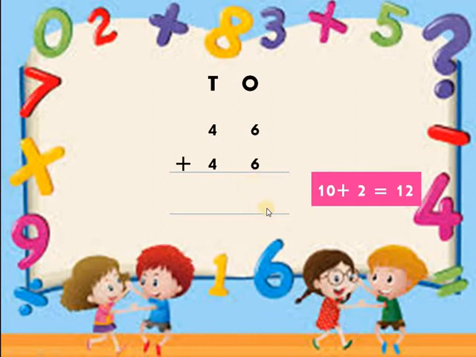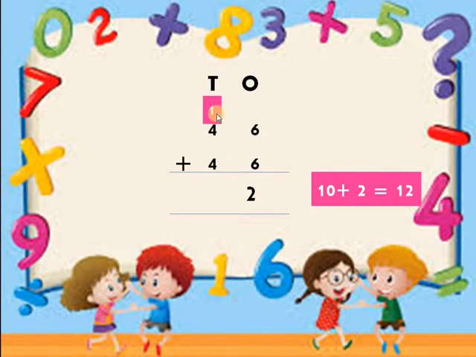Because we cannot write a double digit number here. It has to be a single digit, and this double digit we are going to carry over here because it's a 10 number. So we need to take it in tens place. So this 2 is to be written in ones place. So we have written this 2 of 12 in ones place, and this 1, that is 10, we are going to carry over here in tens place.